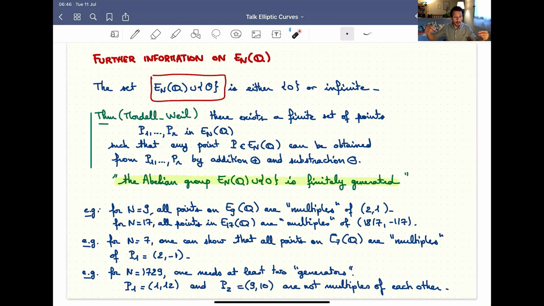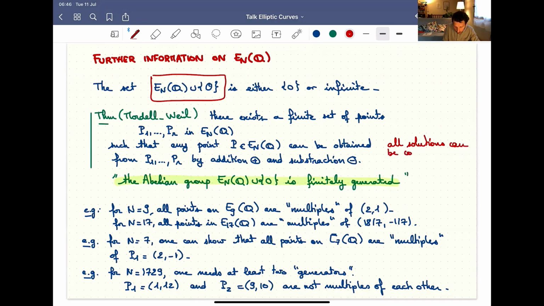So even if there are infinitely many solutions, they can all be constructed from a finite number of